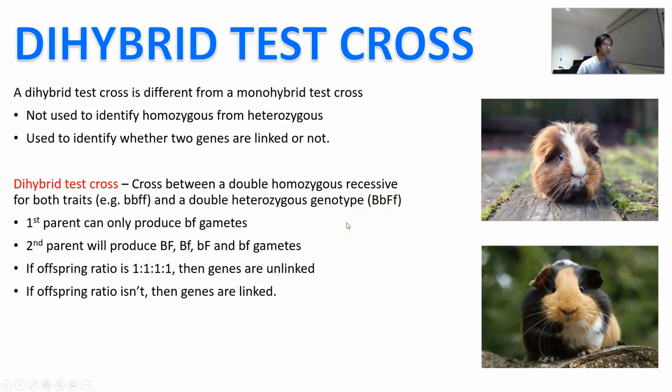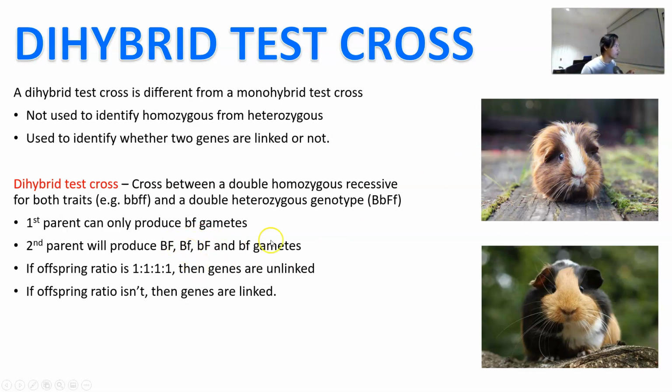So in this case, we're going to use guinea pig fur, right? So I've got pictures of guinea pigs here. I don't know why I said hamsters. The capital B is going to be black fur versus lowercase b for white fur, and then capital F is going to be shaggy fur, which is what shaggy is meant to look like, versus short,